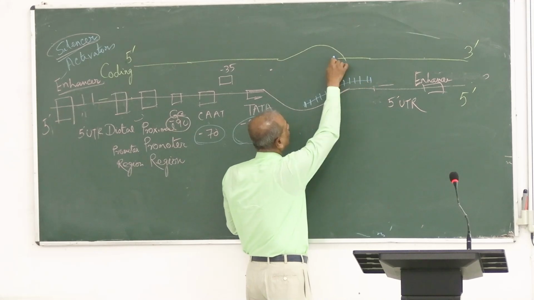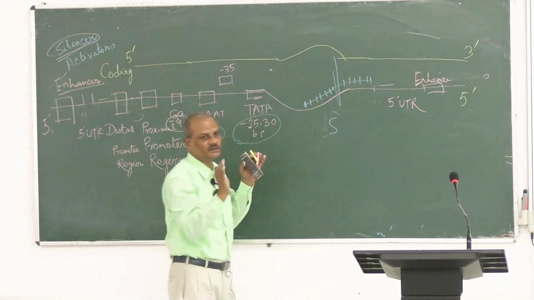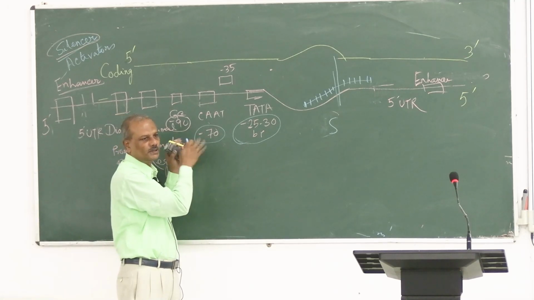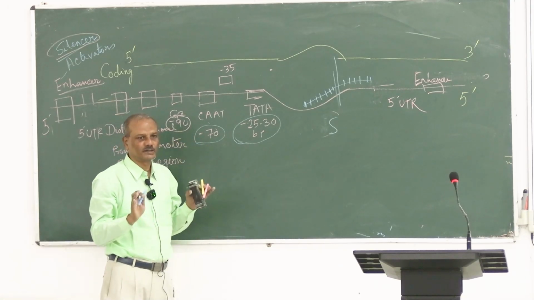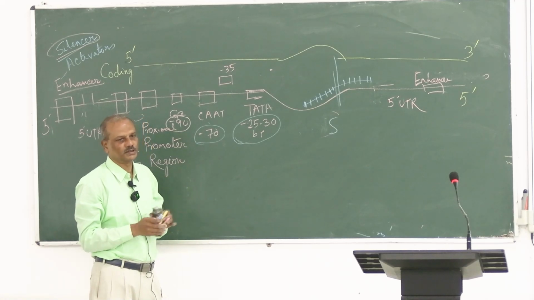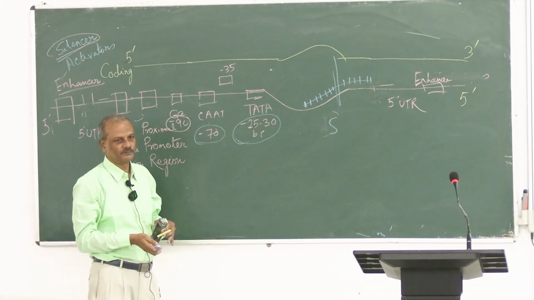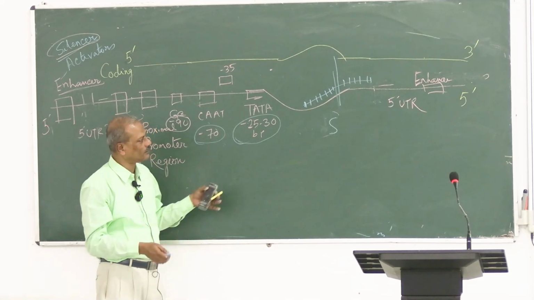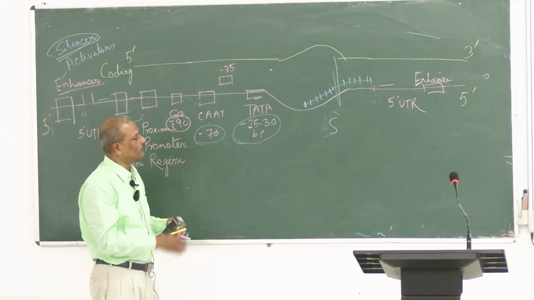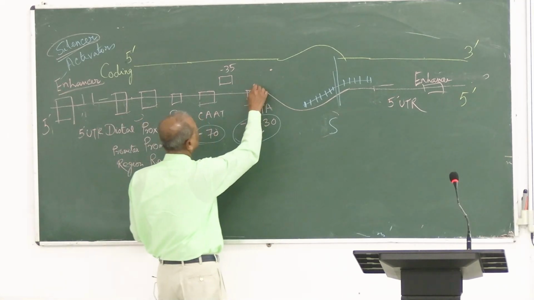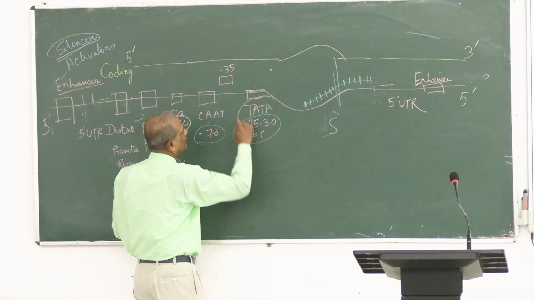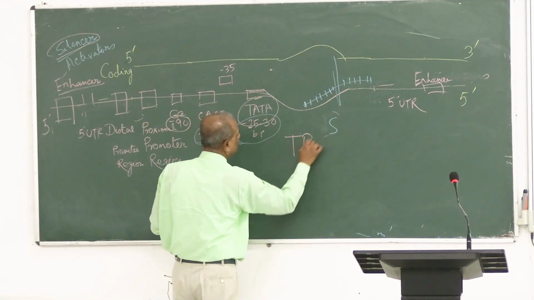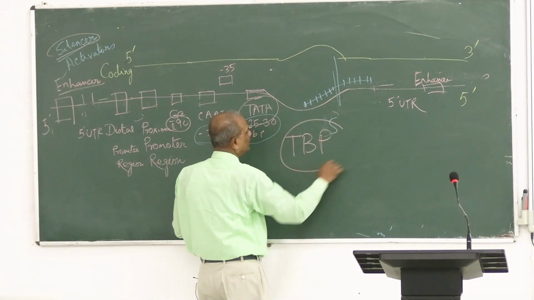That means elongation. After synthesizing a short part of RNA, the promoter region will be cleared, and all other transcription factors associated with it will also be released. As I will tell you shortly, what the transcription factors are and how they attach. And see here what happens during this process: TATA means the binding protein here is TBP, the TATA binding protein. Write it down.